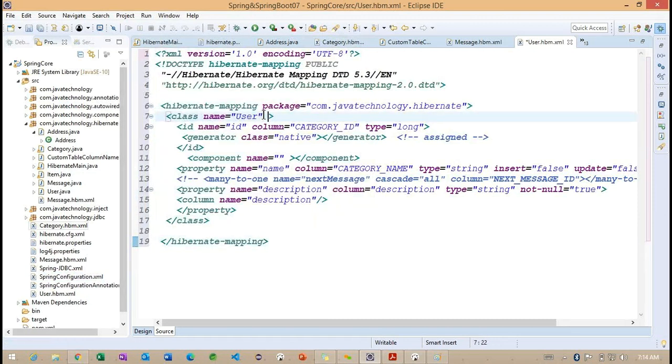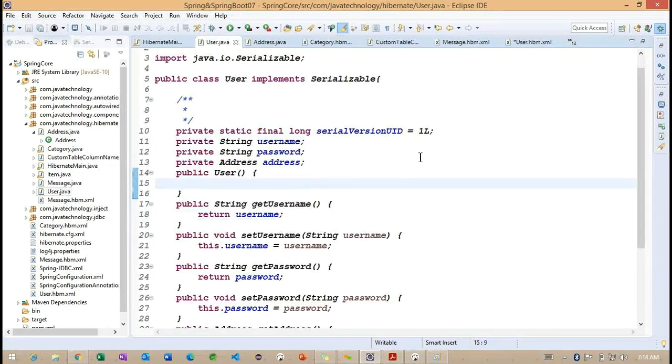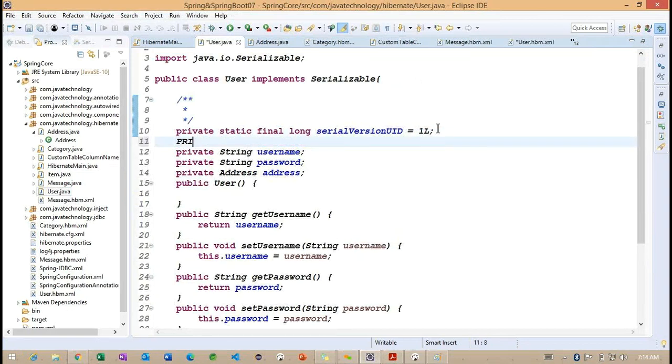We need to understand here: name user, and we can work with the table. What is the table we are going to work with? Something called user. Later we'll work on this ID. We have the ID name and the column, so we can change it to user. Before changing, we need to understand whether we have an ID or not. So we don't have one.